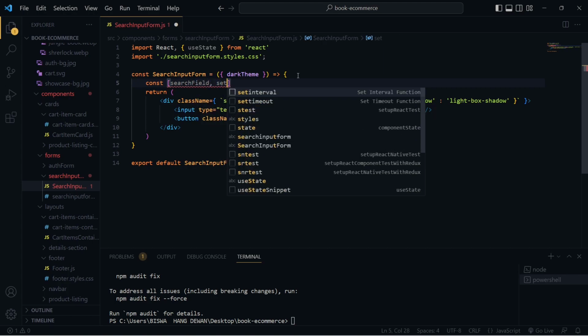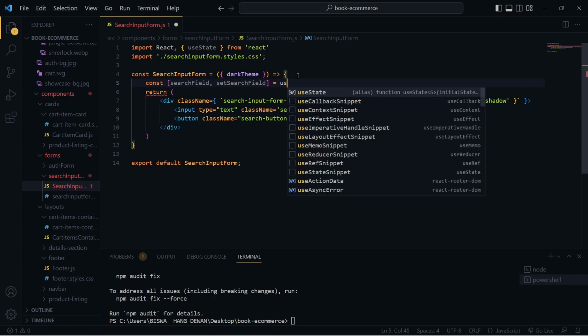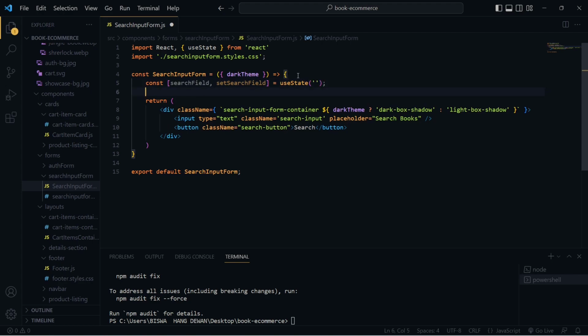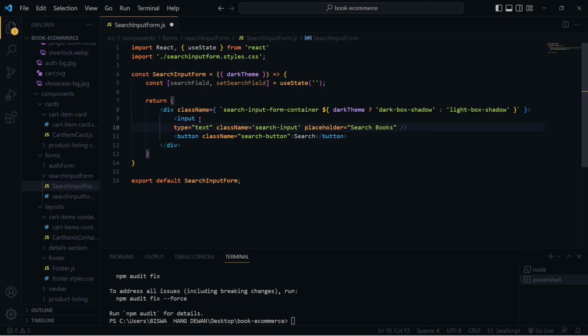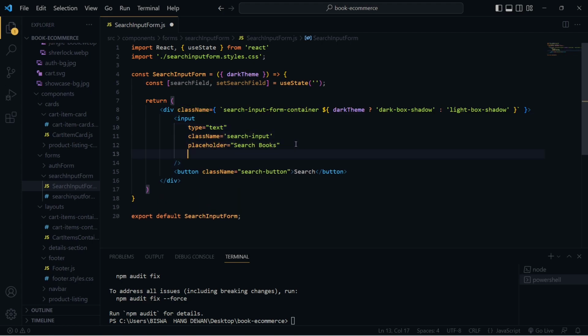And let's just say set search field equals to use state, and initially let's just add it like empty string as a value. And here in this input field, let's add a value of search field,